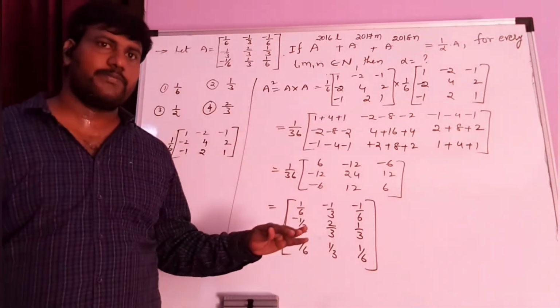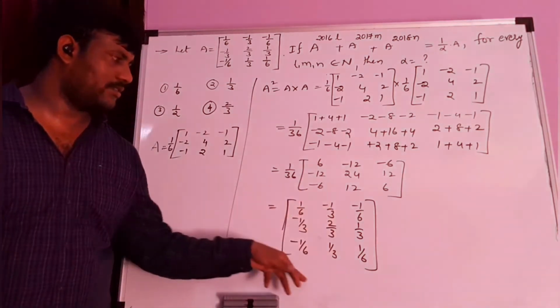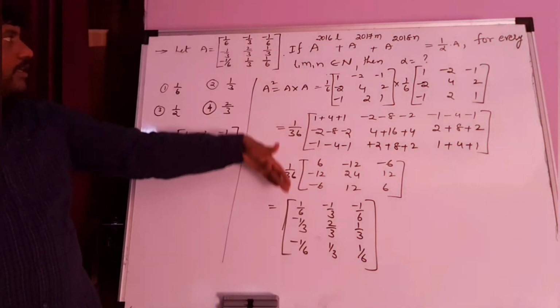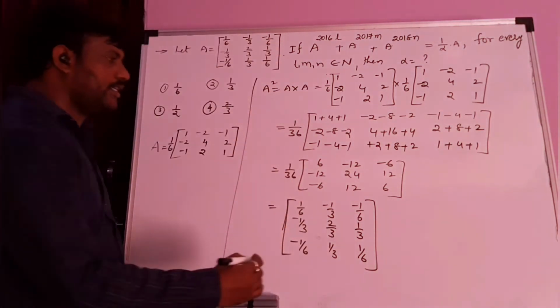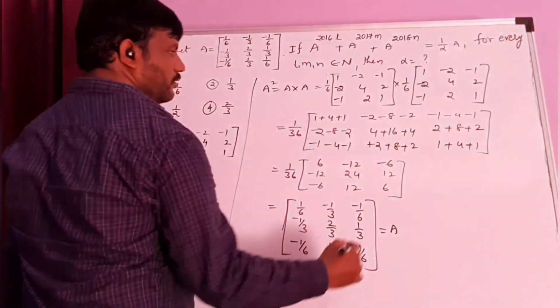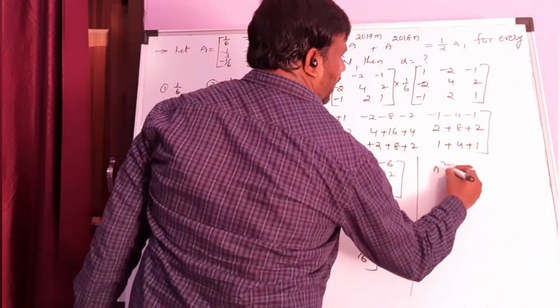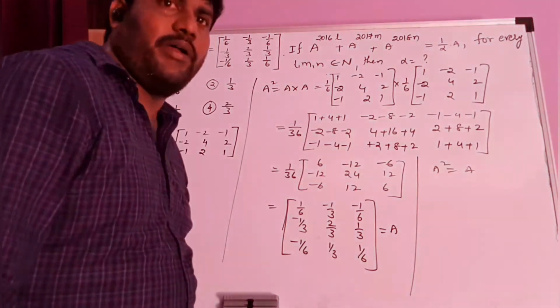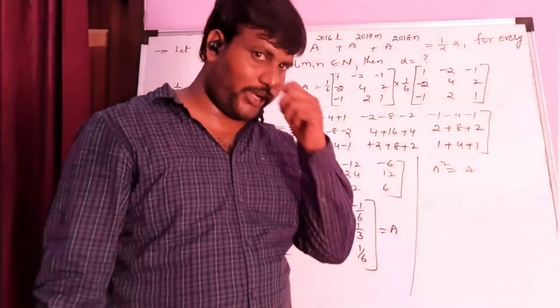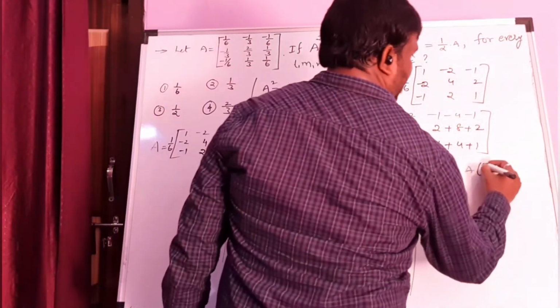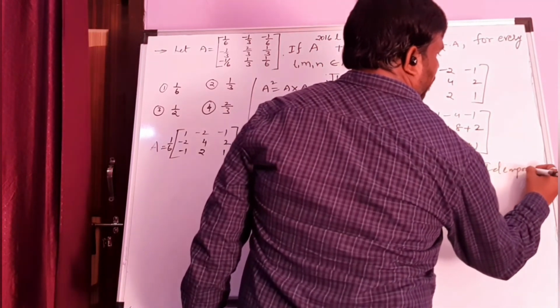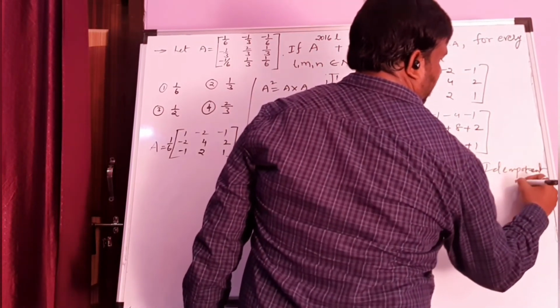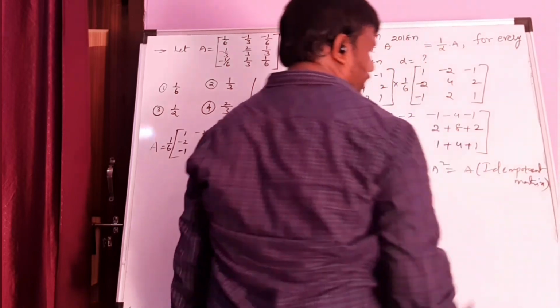Now observe. Now you get the logic here. What is this? See now the question here. This is clearly A or not. So that means you get A only. So when I multiply A square, I get A only. This type of matrix we can say is an idempotent matrix. Idempotent matrix: A square gives A.